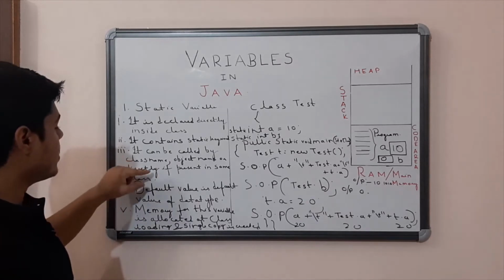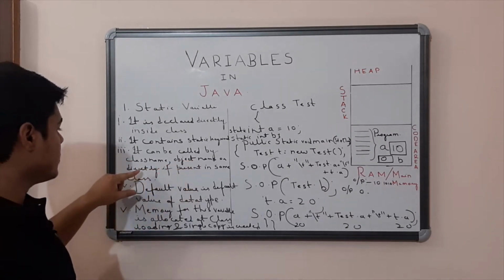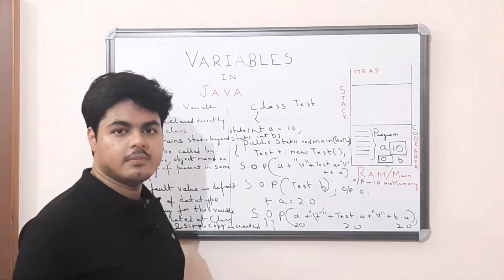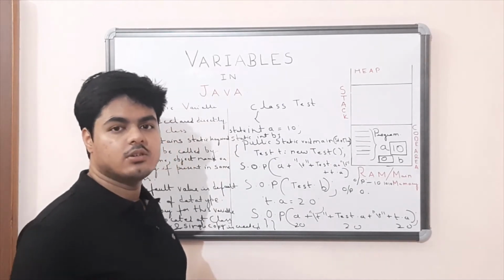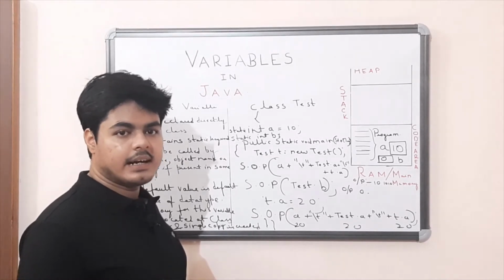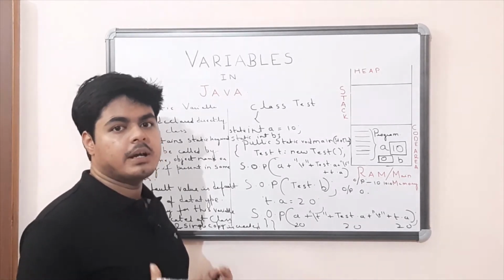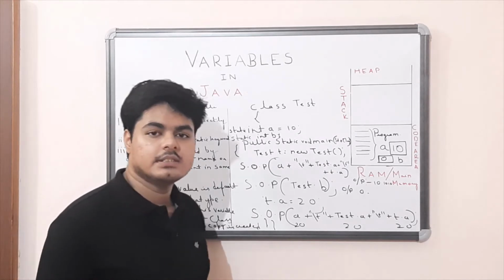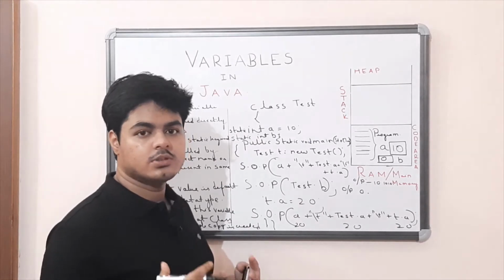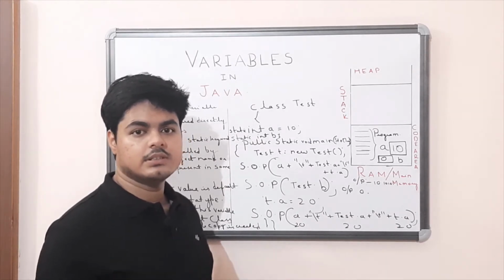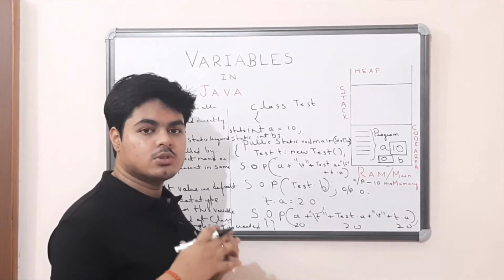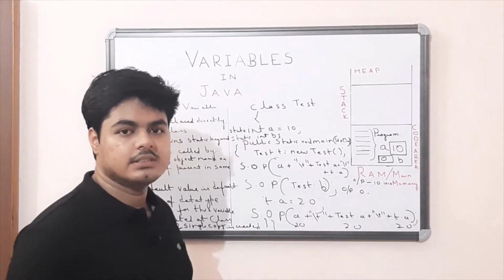Now it can be called by class name, object name, or directly if present in the same class. To access this variable, suppose we are required to print the value of the variable, then we can print it in three different ways. By class name, since it is class level. By object name, we can also access this static variable since these different objects, suppose for the student class there are different objects s1, s2, s3. So the static variable belongs to all these objects, so we can also access it by object name.